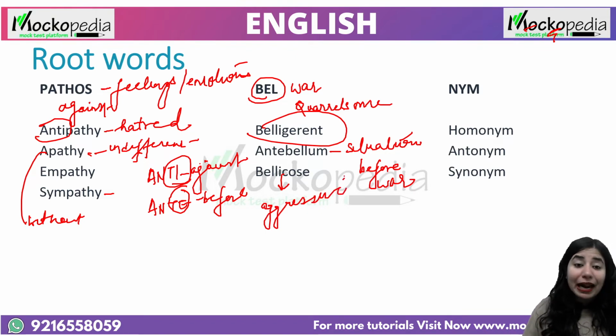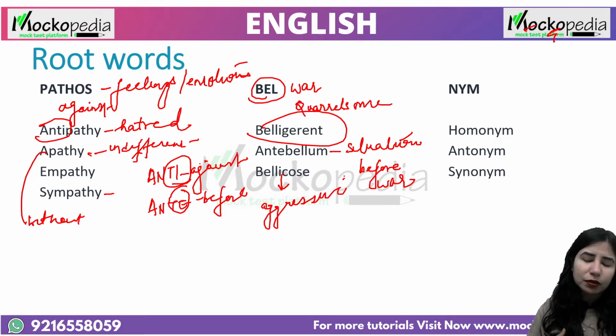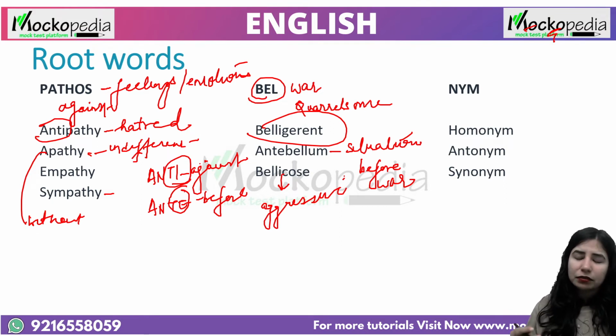Got that? So at times what happens is that you're solving a fill in the blank question. You know that in the blank a positive word is going to come. So the moment you see belligerent, even if you only know what bell stands for, it's a negative word, so you can eliminate, right? So you can solve questions through elimination also, if you know the roots. And there is this amazing book, Word Power Made Easy, and you should definitely go for that book. Very, very popular, and every English trainer would swear by it, right?